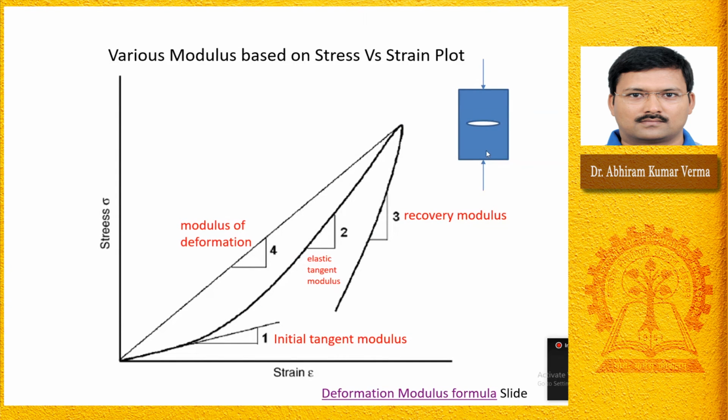So at the start of the loading, you are actually closing such types of cracks, right? Once this crack closes, a lot of stress will be developed in this region, and it can lead to the propagation of these cracks or joints, whichever there are within the rock mass. So once the cracks are closed, when the joints are closed, the resistance offered by this rock mass will be highest, right? In that situation, you will get the maximum modulus of the sample.